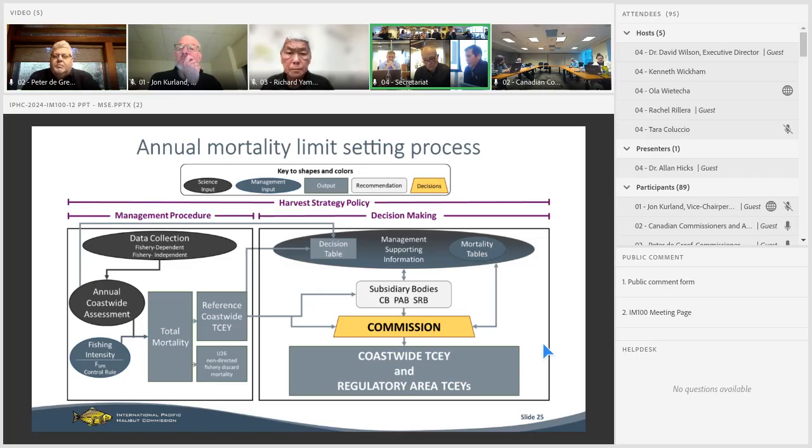And in this approach of an empirical rule to adjust the TCEY, we would not need the fishery catch rate data. So we wouldn't be worried about that lag in the data. However, when the full assessment comes around, we'd be entering 3 years of fishery data into that new assessment model and seeing the results of that, along with 3 years of FISS data to update the assessment understanding of the halibut stock.